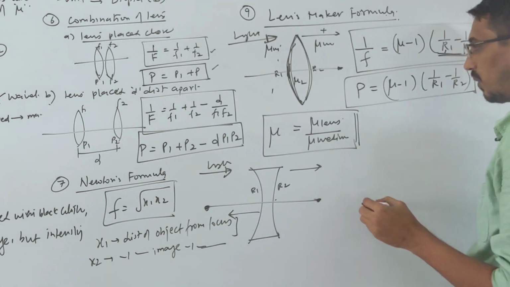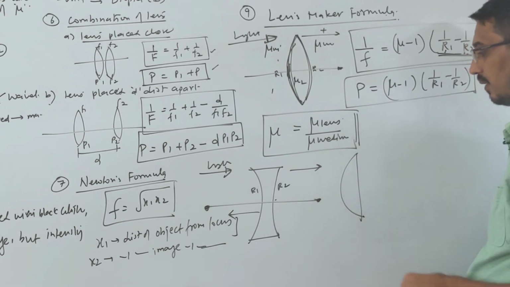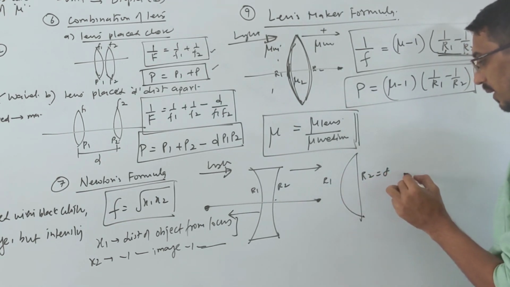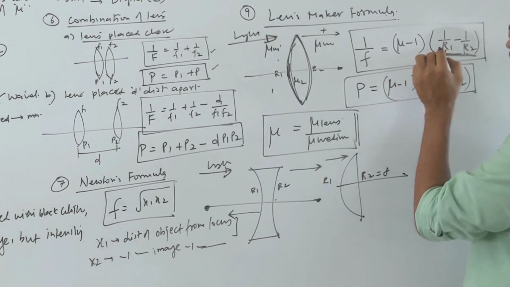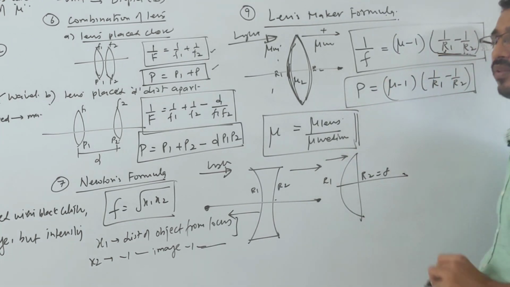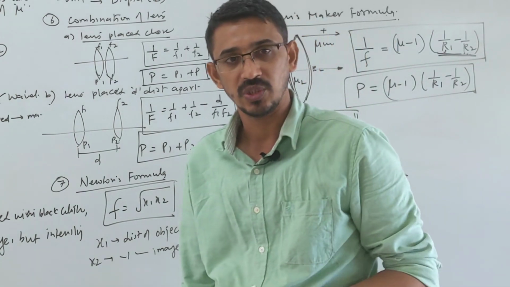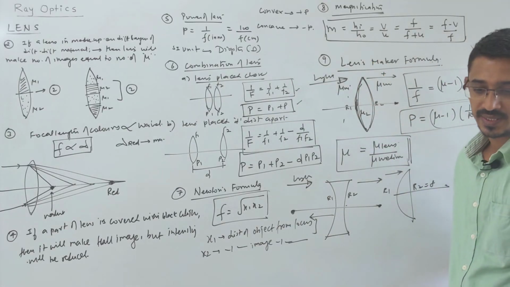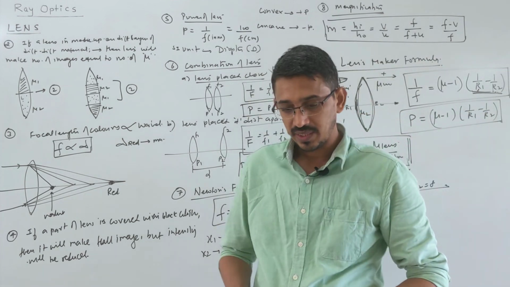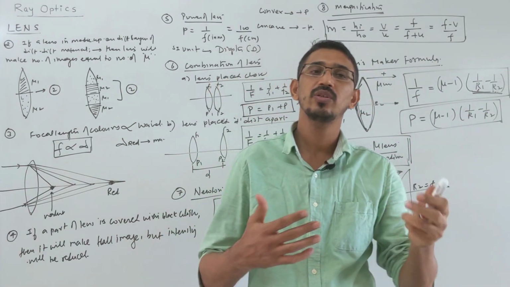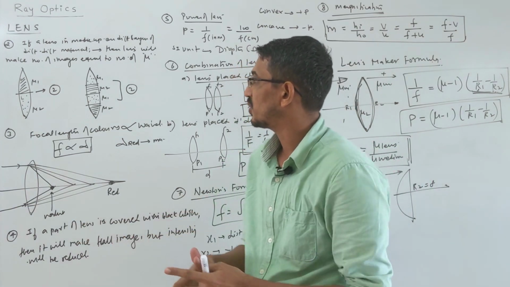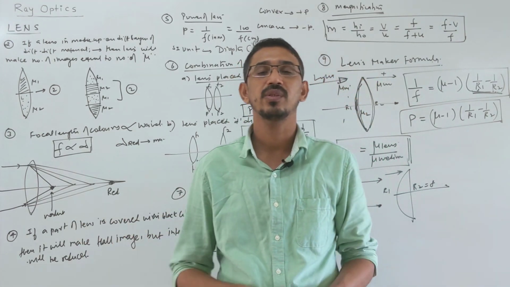Suppose you have a plano-type lens, like this lens, and this side is plane. Then r2 is obviously infinity. R1 will be somewhere here, and this is the direction of light. Then r1 is negative and r2 is infinity, so the 1 by infinity term becomes 0. Yes, so these were all the theoretical things about lenses. If I miss anything, I'll tell you in the next lecture when I solve the numericals. The next lecture will be complete numericals, a large number of questions on lenses, because it's very important from the exam point of view.